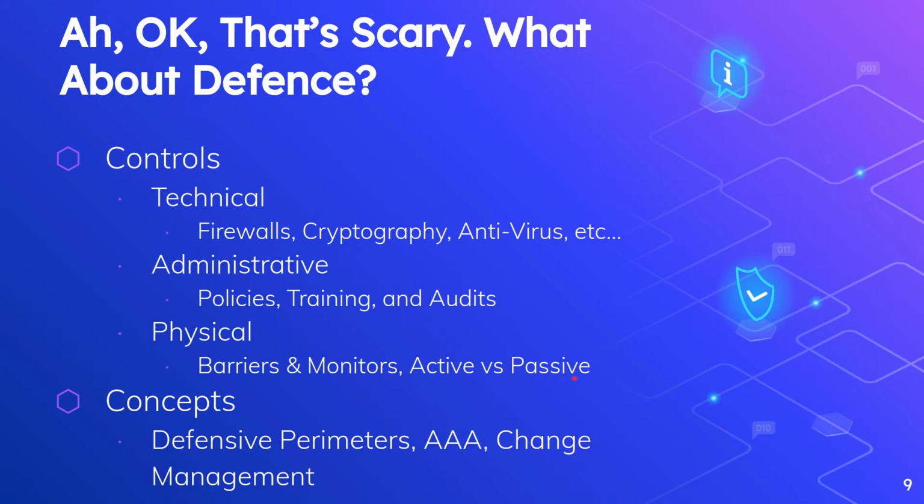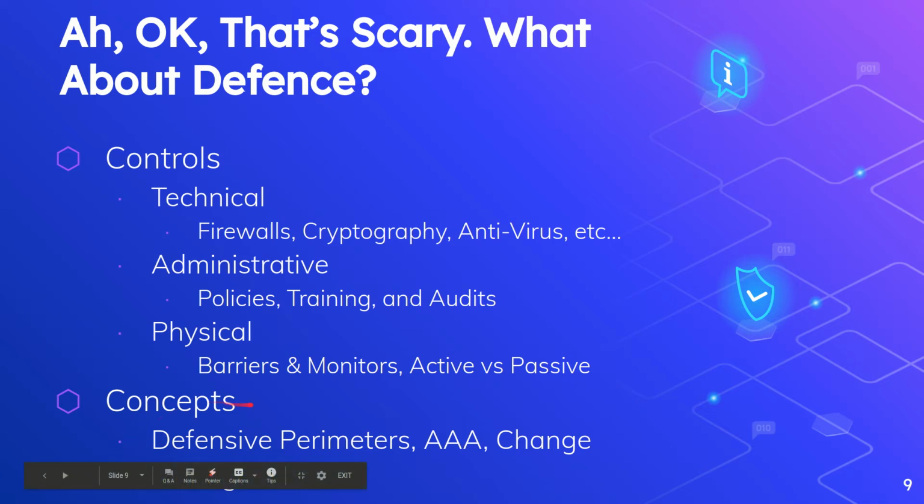A camera that's not being watched by an active guard or an AI, which does exist nowadays. But if we have a camera that's just sitting there taping things, it's not going to do anything. You can go in there and commit as much crime as you want. The camera's not going to stop that person from committing crime. Okay, it's passive. It might help you solve the crime and figure out who did it, but it's not going to stop it. So therefore, it's passive.